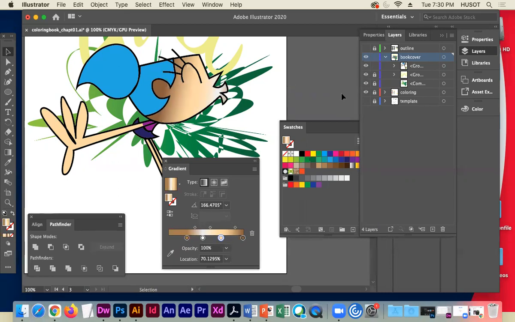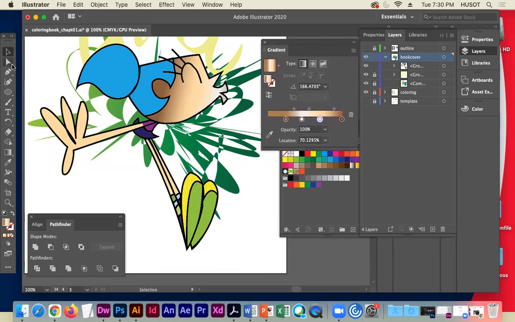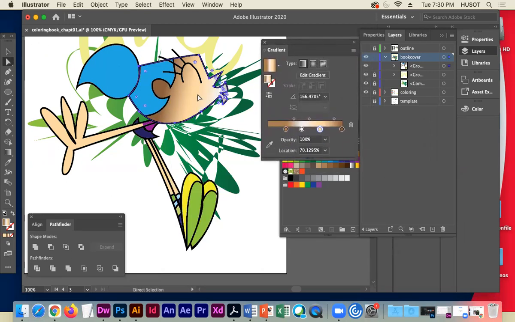So the next thing I want to do is I want to add some texture to this face so I can start giving this thing some personality. So I'm going to move this out of the way. I'm going to direct select this kind of complex gradient that I have going on. And notice